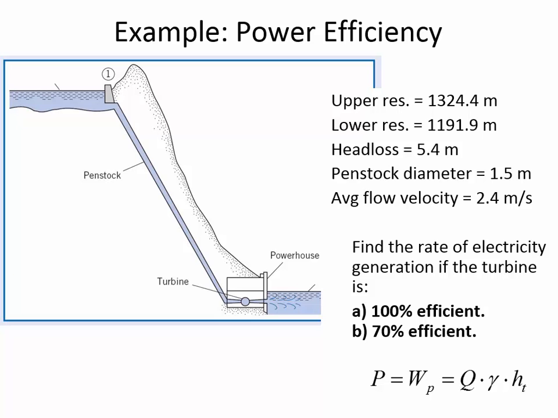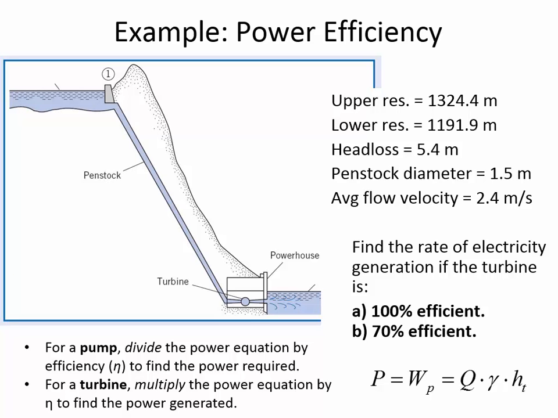Now, the opposite is true when you have a pump. When you've got a turbine that's creating electricity, you multiply; for the pump, you would divide by the efficiency factor to find out how much energy is required, how much you have to put into the pump. So here we are generating electricity. 70% efficiency means that if it was fully 100% efficient, you'd get some amount, and then you multiply it by the efficiency factor to find out how much you actually extract, and the other 30% is just lost mostly to heat. But in the case of a pump, we'll do some pump efficiency calculations, then you would divide by the factor rather than multiply. All right, so now with that said, I'd like to give you some time to calculate